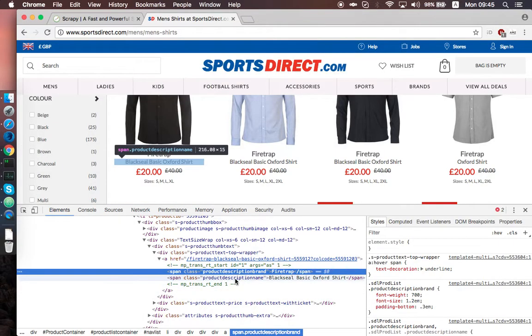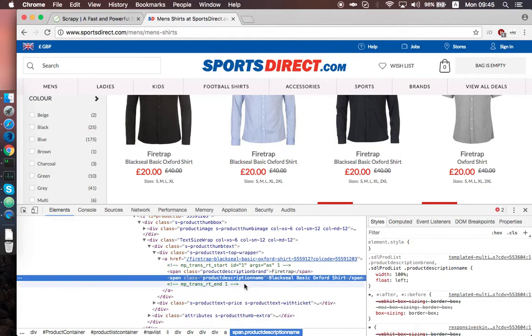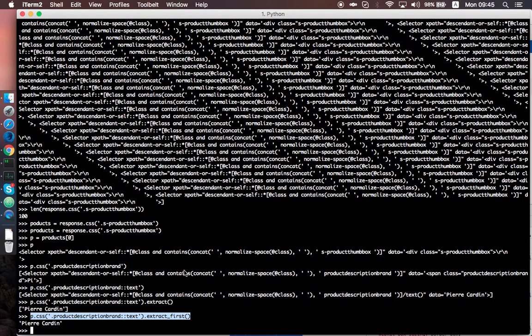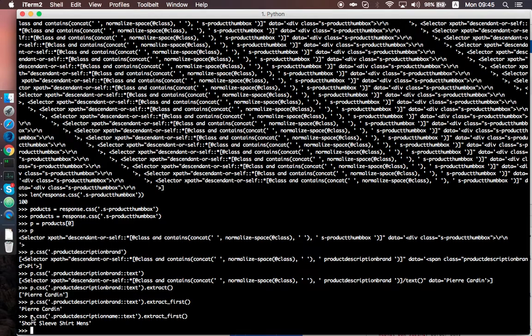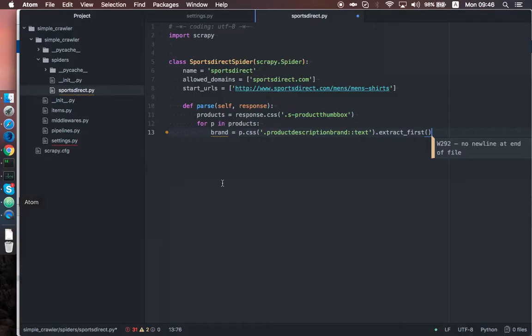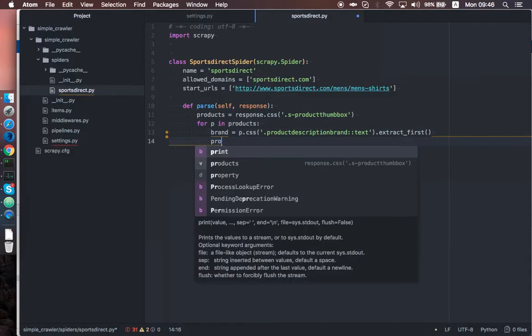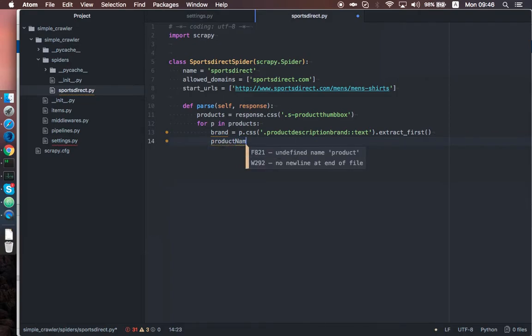The product name is contained in the element with the CSS class product description name. Here we have the product name. So, name,